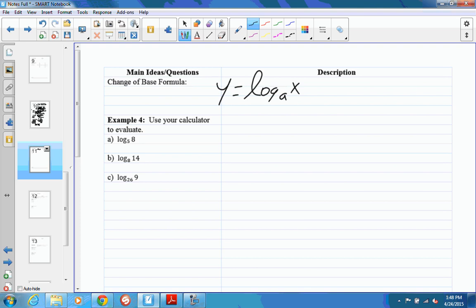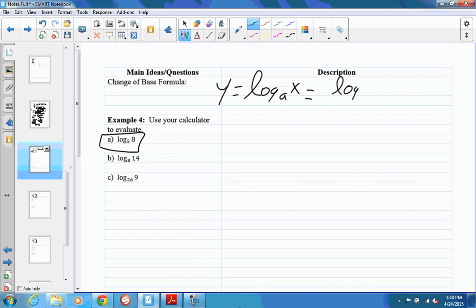You're only using this when I give you just a basic log and it says use your calculator to evaluate. For those of you with new calculators, you don't even need this, but I want to show us. So if y equals log base a of x, I can find that by doing a common log,